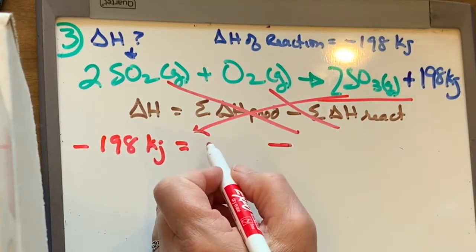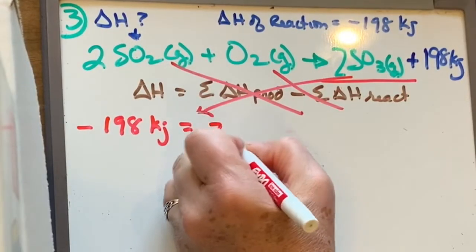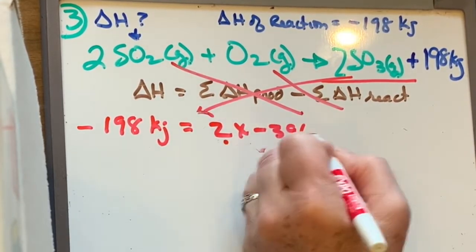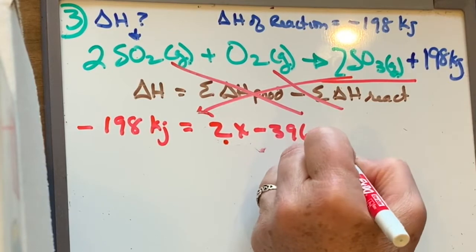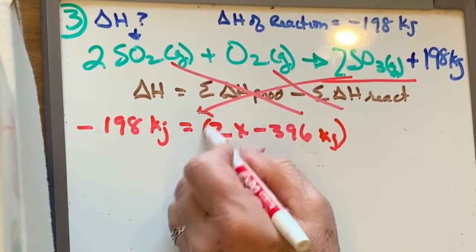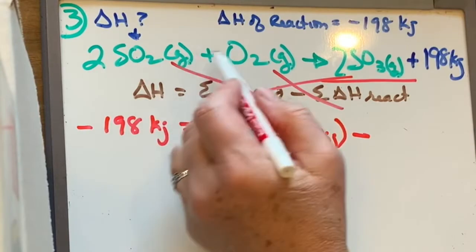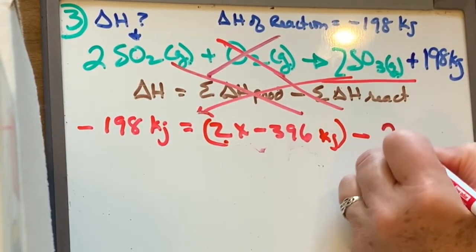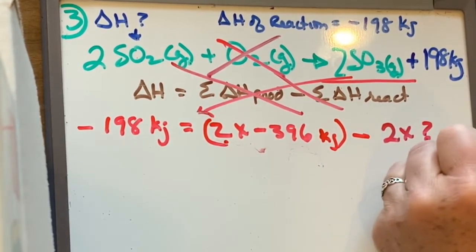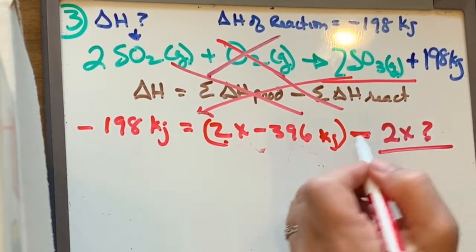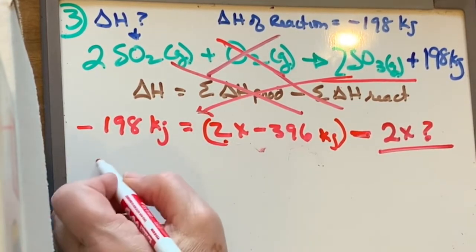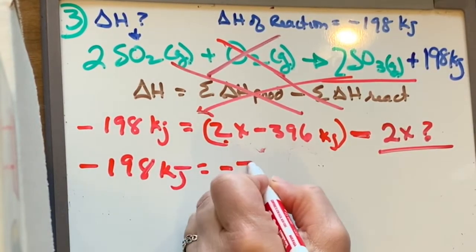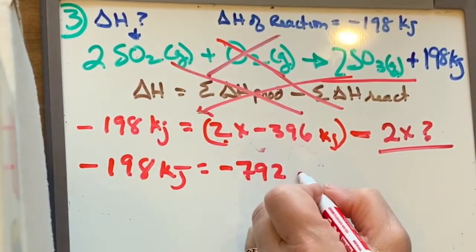So for 2 SO3, what we have is 2 times a negative 396, in kilojoules over moles times moles, but we end up with just kilojoules. Subtracting, remember, our O2 doesn't count because it doesn't have a formation. And then we have 2 times what? So we're going to have to figure 2 times x for this. Now we can just start to plug and chug, really. We're going to just do the math. This equals minus 792 kilojoules